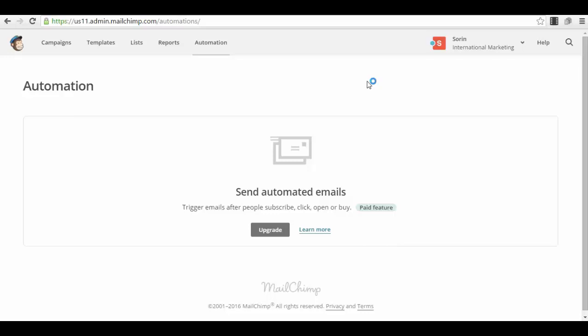What this feature, automation, will allow you, and you will see that for other email services it's called autoresponders, is to create automatic emails that are sent at a certain interval of time, or at certain moments, at certain triggers.